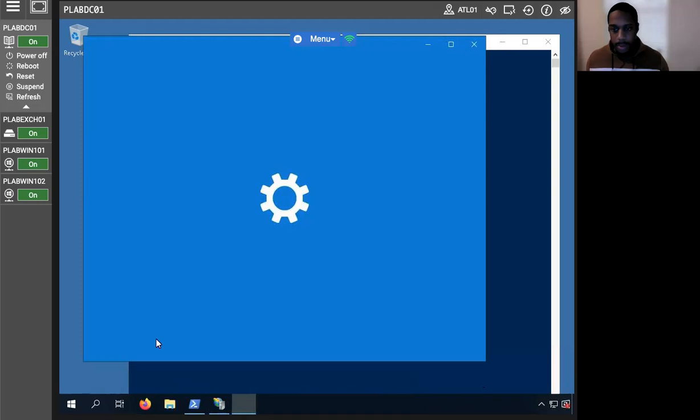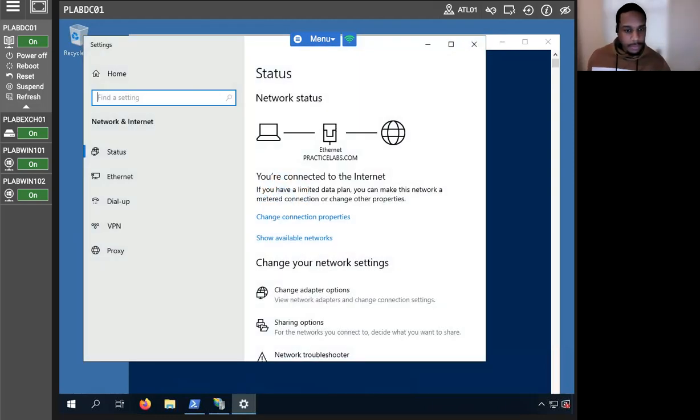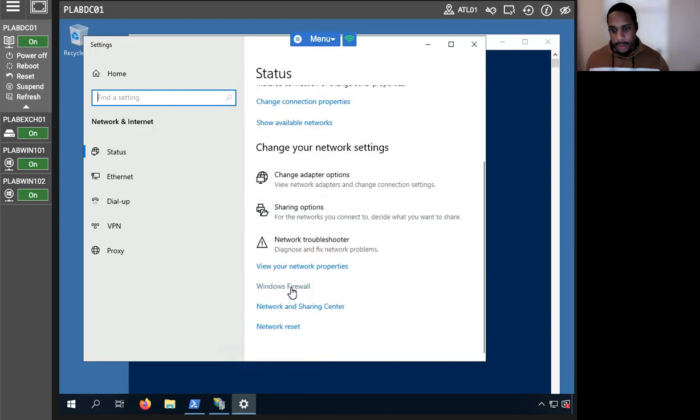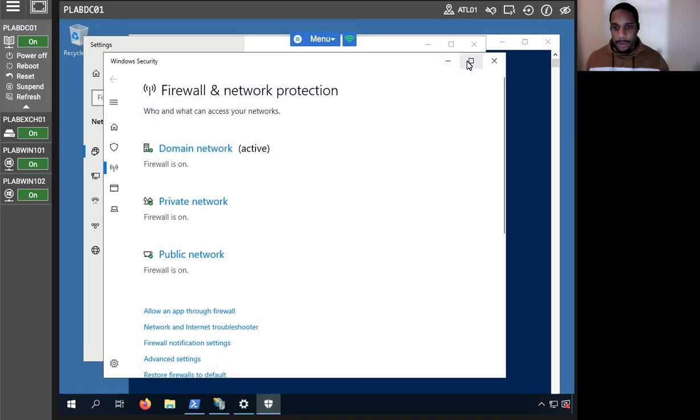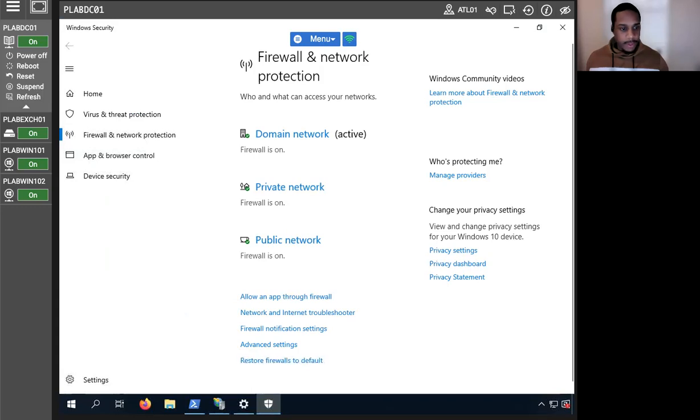There it is. All right, perfect. And it should be, let's see, Windows Firewall. There it is. I should probably maximize so I can see more of the screen. All right, allow an app through Firewall. Perfect. Now we'll notice that there are 3 network profiles that I mentioned earlier as far as domain, private,